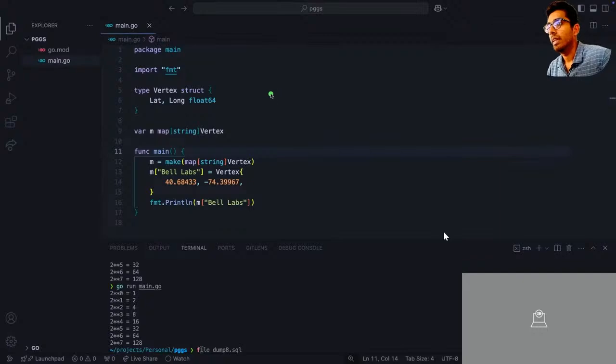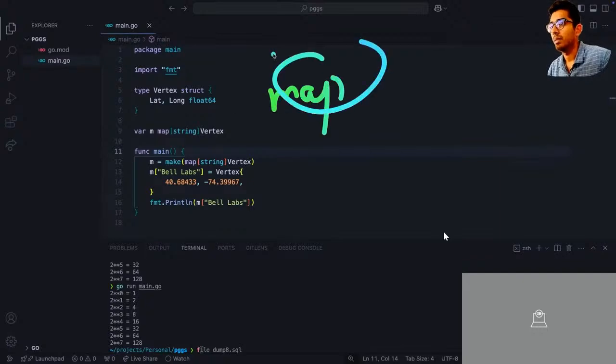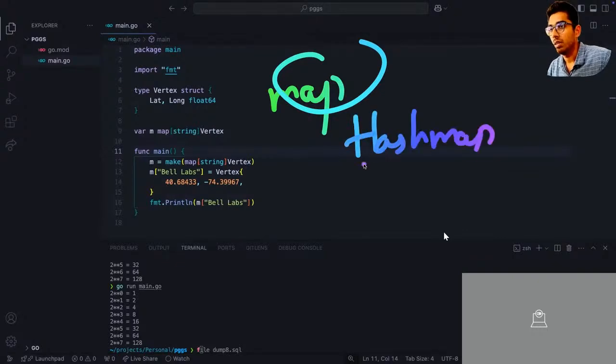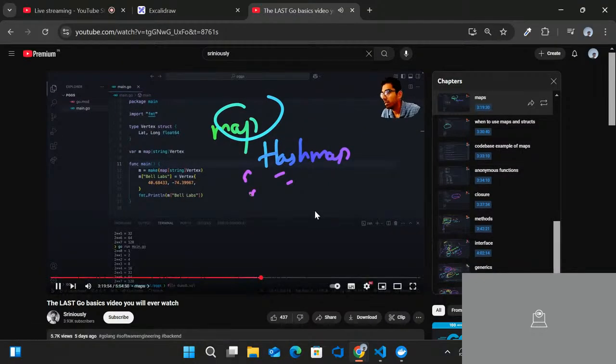Now, the next data type that we have is maps. Go offers an implementation of the hash map data type, which is also called dictionaries or hashes in other languages. Go also has a similar implementation. It is called map. A typical structure of a map is that it has a key, which is mostly a string, but you can